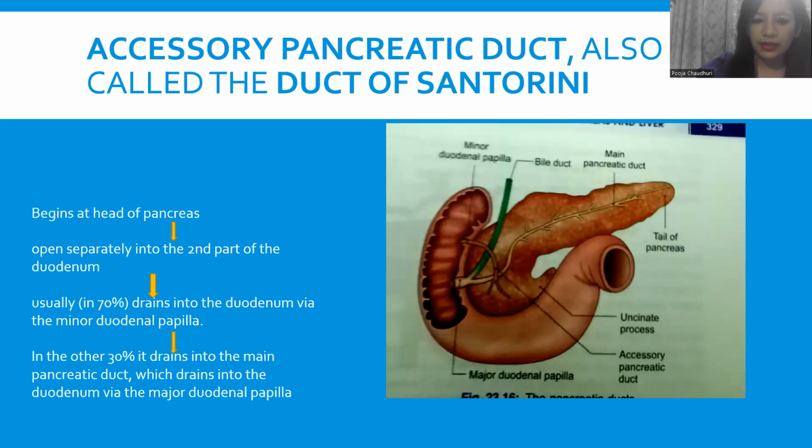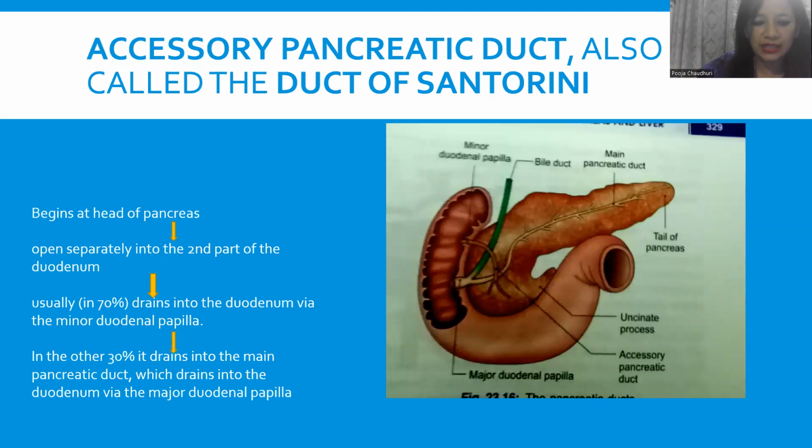So this is a clear version of what we have already discussed about the duct of Santorini. It is beginning at the head of the pancreas, and then it opens into the second part of the duodenum. So this is the accessory pancreatic duct, and then it is opening separately into the second part of the duodenum,